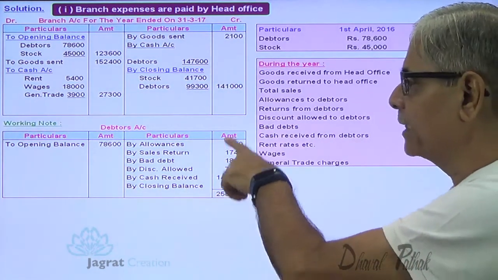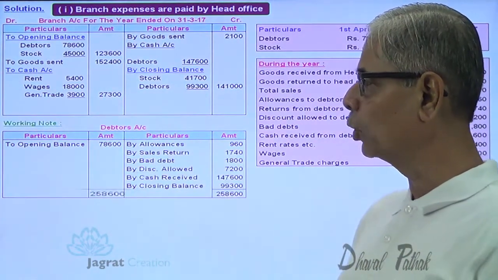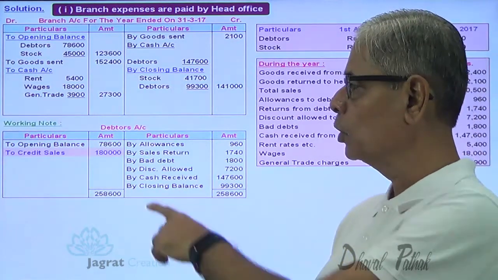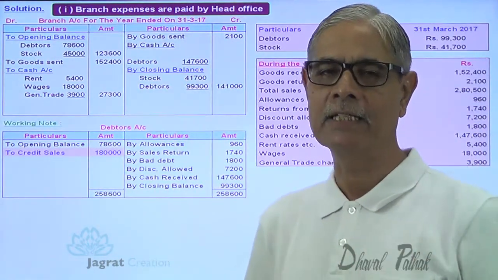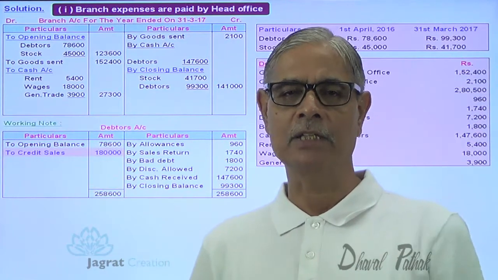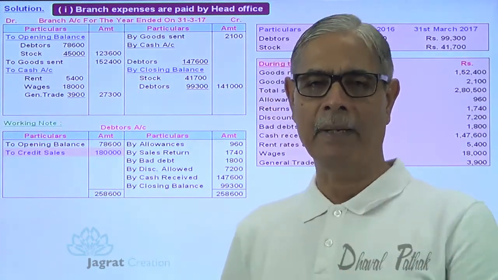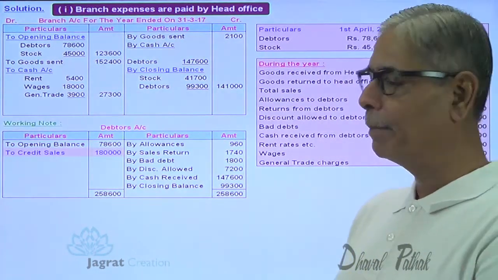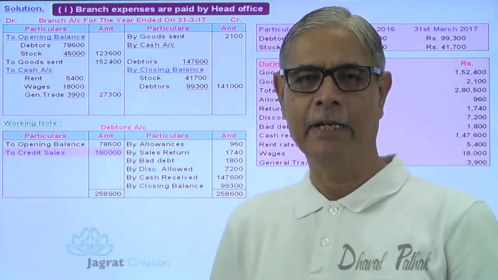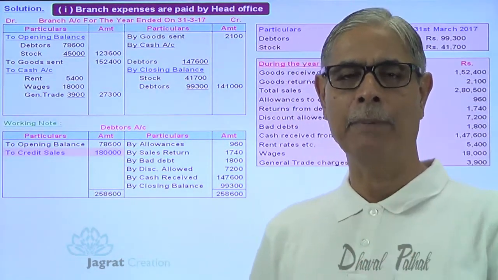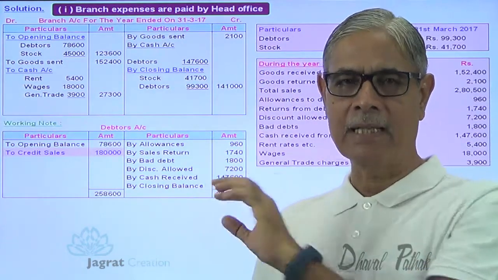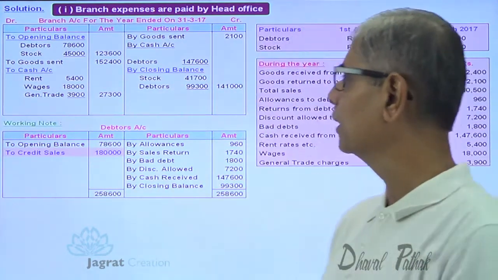Now this is the debtors account, total of credit minus total of debit. You know the difference is known as credit sales. So here I got the details of credit sale. Why have I found out the details of credit sale? Because I am required to prepare trading and profit and loss account. But I'll prepare the trading and profit and loss account after I complete this branch account and find out the profit. Now let me close this